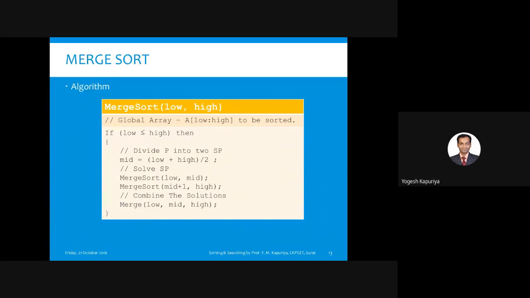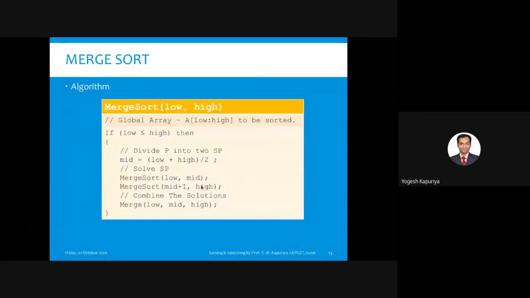The mid value is 3. 6 by 2 is 3. So that means you are dividing your numbers into two parts. This is 1 to 3, and mid plus 1 means 4 and 5. So 1 to 3 means there are three numbers in this part, and 4 and 5 means there are two numbers in this part. So whenever you have a division of odd numbers, in that case what will happen? Only one more call will be made for the part with the higher number.